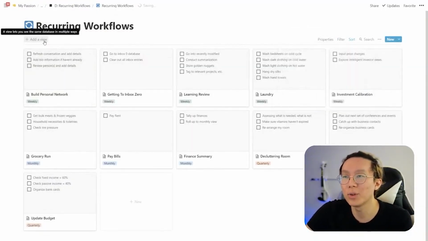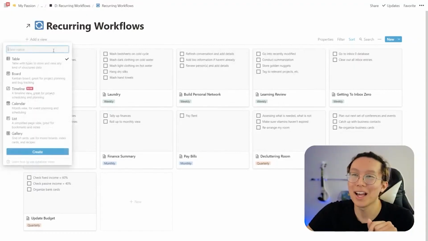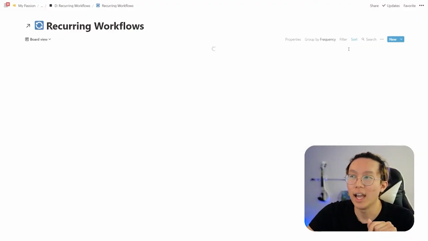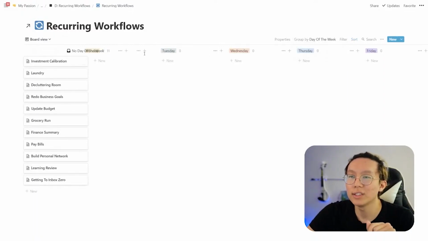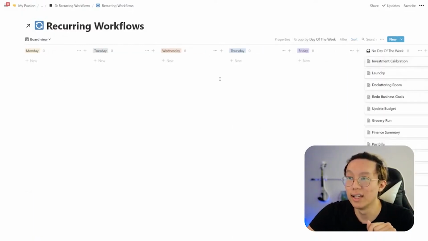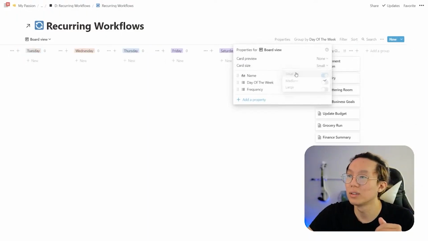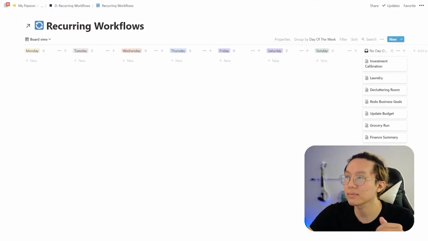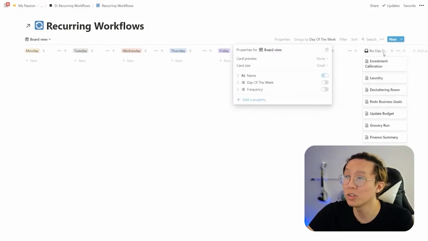Why? Because now we're going to have a new view that's actually going to help us sort and filter by these specific days. We're going to add a view here. We're going to add something called a board view. And we're going to group not by frequency, but by day of the week. So we already see that there is a very nice layout for us, Monday to Friday and Saturday and Sunday. And then we can make the card size smaller, and then we can start dragging them around, because we want to make sure that every single one has a specific date for us,